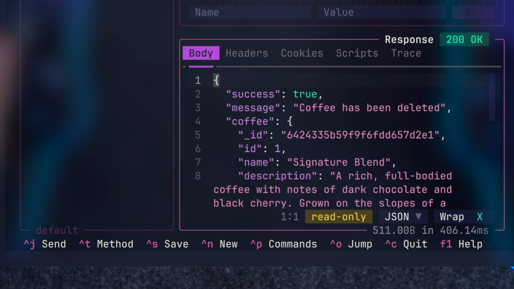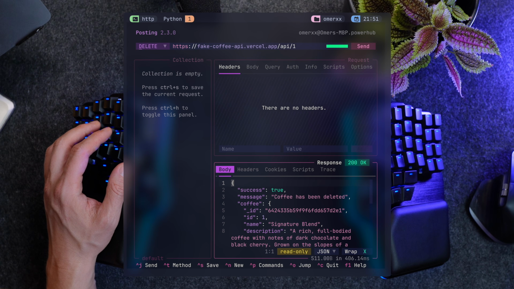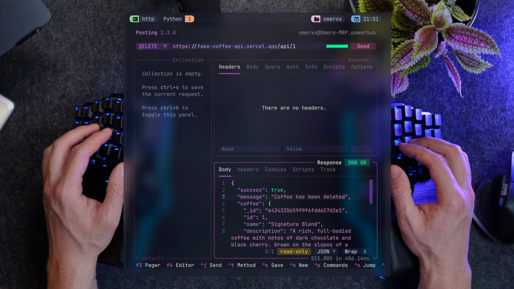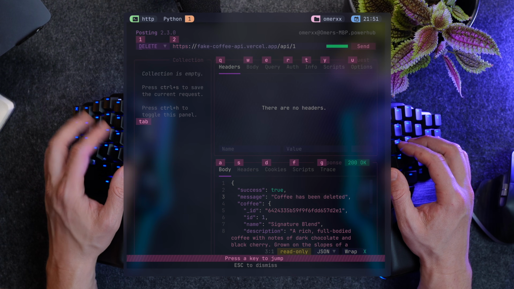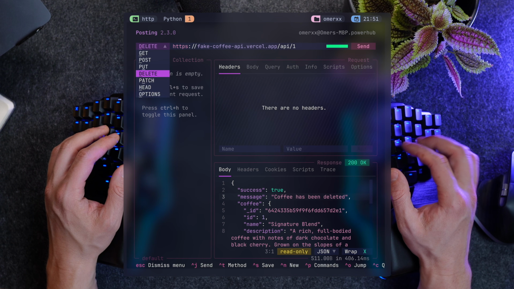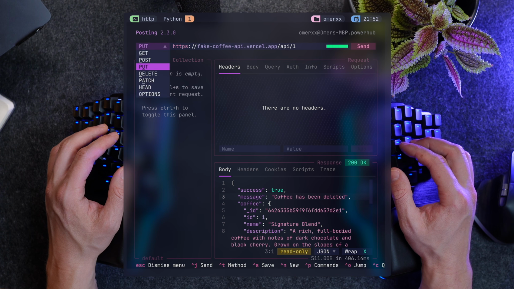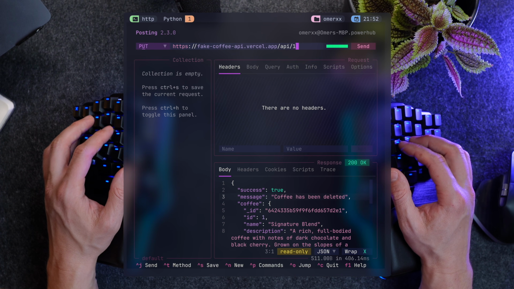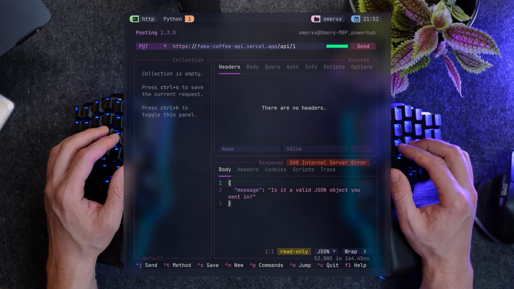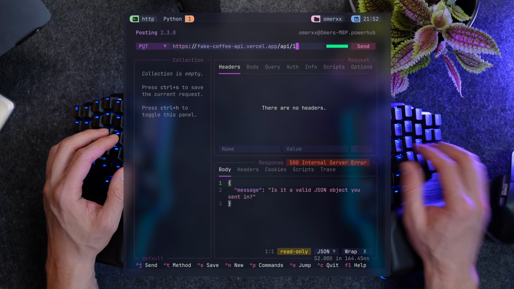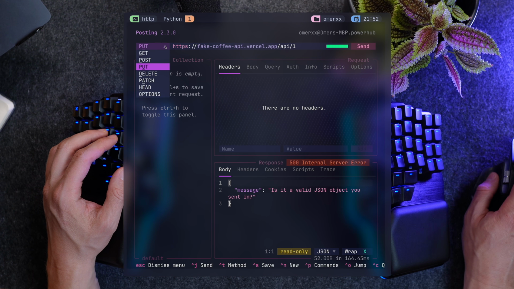With Ctrl-O, they call it jump, I call it Leap in Neovim, but it's the all familiar concept of mapping the screen with shortcuts to quickly move the focus to. I'll hit 1 to go to the method selection, and I can already see myself getting used to Ctrl-O and a hotkey. Another nice surprise from Posting is that it's fully responsive to the mouse, so you can click around and use it like it is Postman.